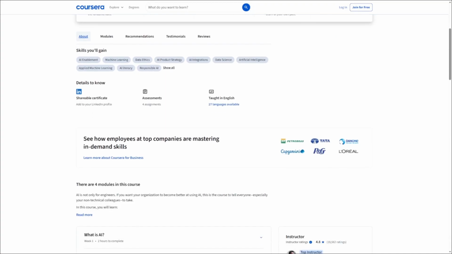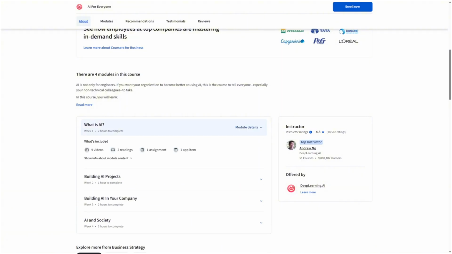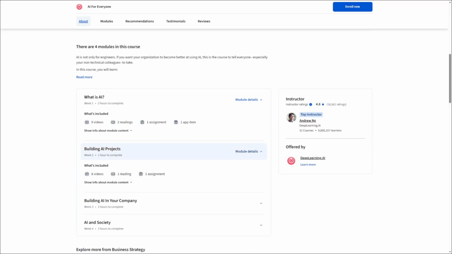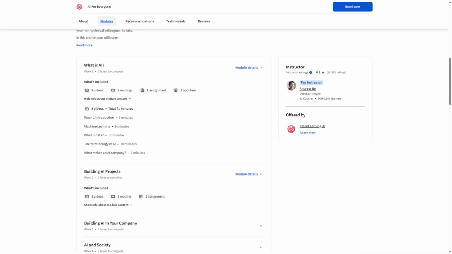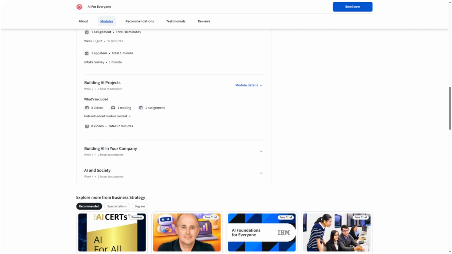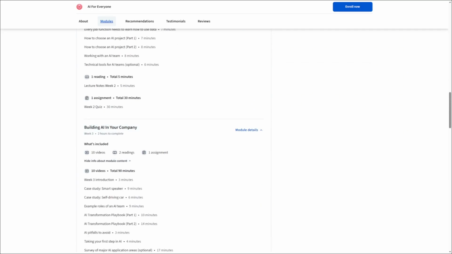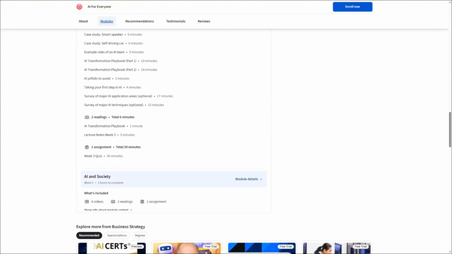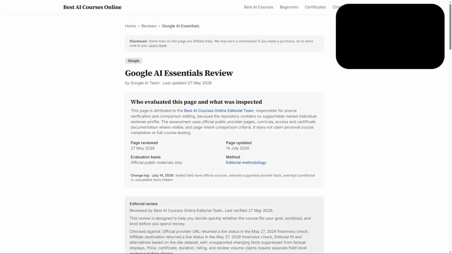The main strength is judgment. It helps you talk about AI confidently and understand where it is useful without pretending that every problem needs AI. The limitation is that it is not a practical tools lab. You will not spend the course building prompts, automating tasks, or writing Python. A certificate is available through Coursera, but certificate access requires the paid certificate experience. My recommendation is to take this first when you want understanding and only pay for the certificate when it has a clear use at work or on your LinkedIn profile.